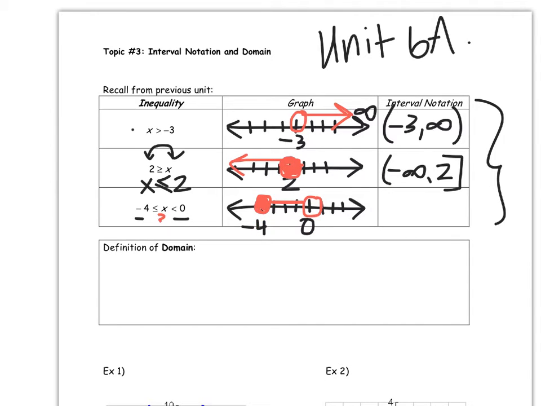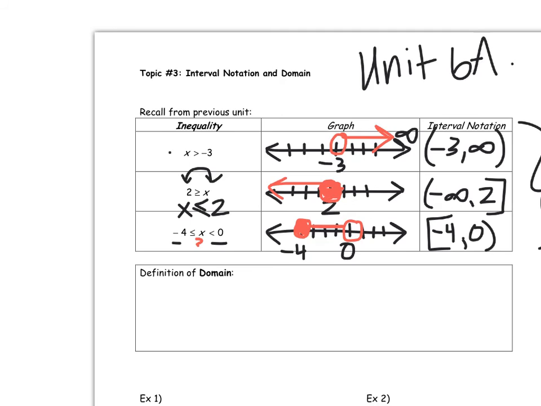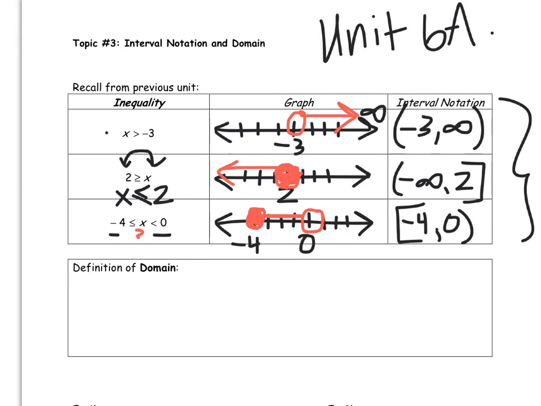So I'm going to write that -4 to 0, and I'm going to leave a bracket and then a parenthesis, so it's a combination of both. Alright, so for the definition of domain, we reviewed interval notation because we're going to use interval to write the domain. So the domain is the interval